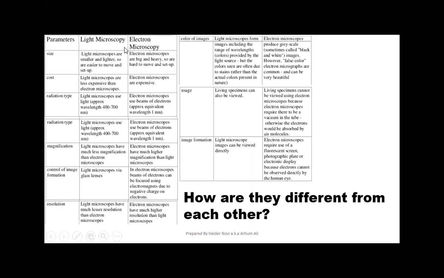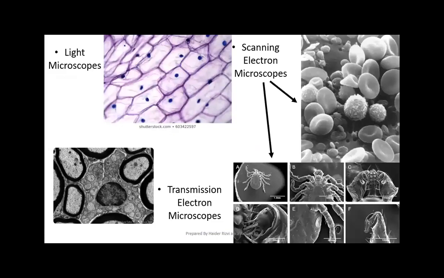Then we discuss the basic differences between the light microscopes and the electron microscope के 1, 2, 3, 4, 5, 6, 7, 8, 9, 10. 10 parameters के ऊपर हम लोग इनकी differentiation कर सकते हैं कि how are the light microscopes and the electron microscopes different from each other. ठीक है. And then we discussed about कि ये आपके पास पिक्चर्स हैं जो कि स्कैनिंग इलेक्ट्रॉन माइक्रोस्कोप्स की हैं,